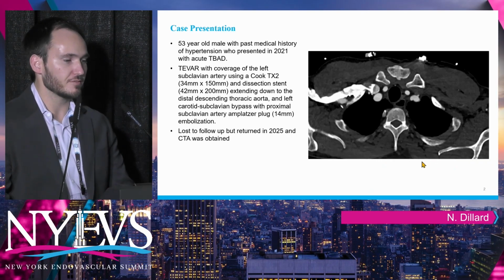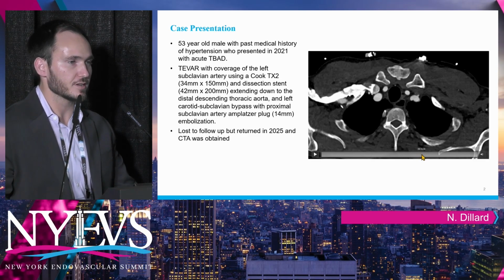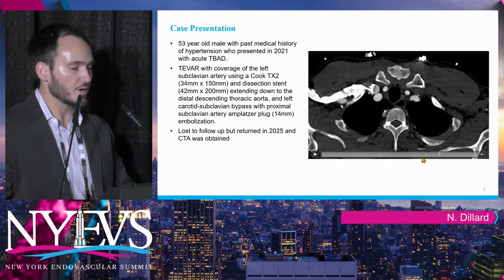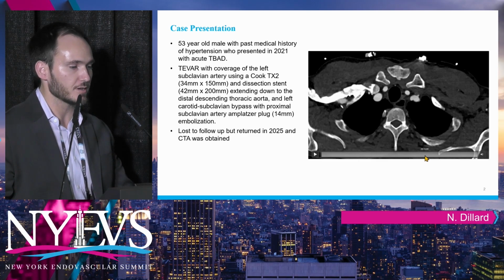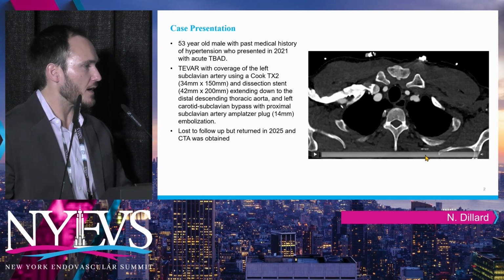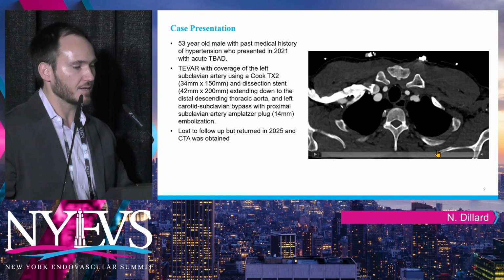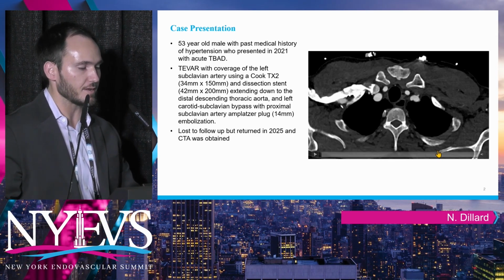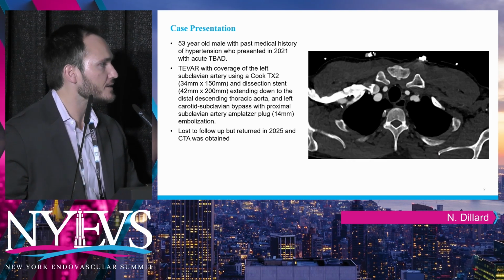Okay, so our patient is a 53-year-old male. He has a past medical history of hypertension. He initially presented in 2021 with an acute type B aortic dissection. It was an uncomplicated type B aortic dissection, but due to refractory pain, he underwent TEVAR